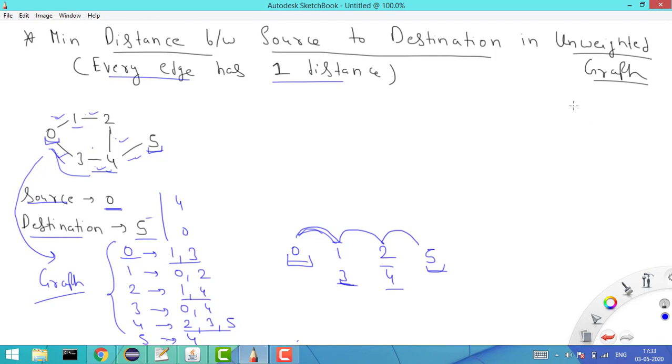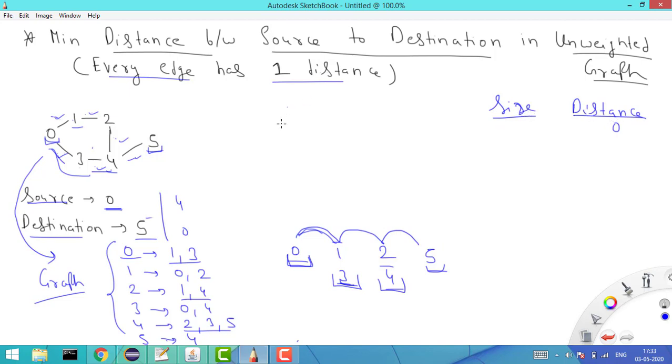So I need to take a variable distance. At the starting, the distance variable will be 0. Another variable that I need to take is size. Size means how many traversals I need to do in one go. Here, when I add this one element, I need to operate on only one element. After one traversal I have added two elements, so now I need to operate on two elements. After adding two more, I need to operate again on two elements. So this identifies how many elements I need to operate on, right? One is distance, one is size.